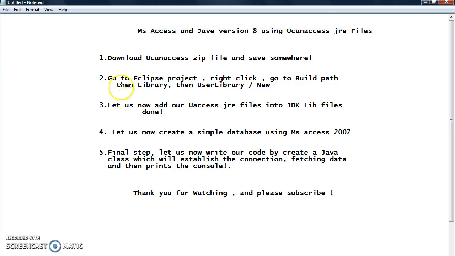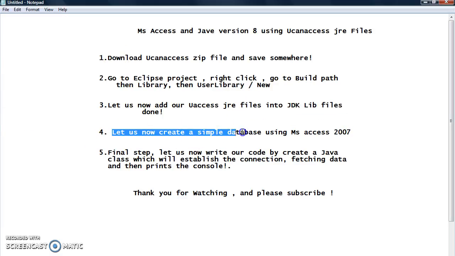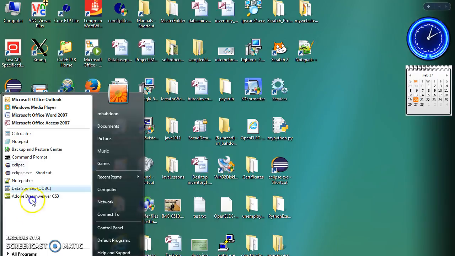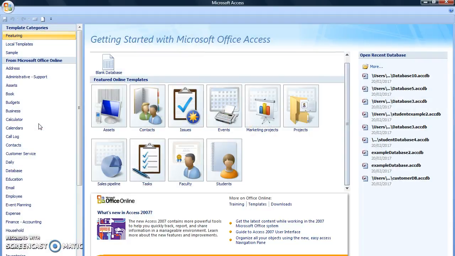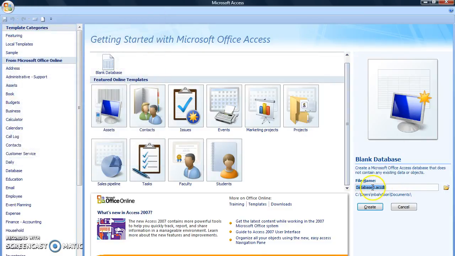Now, what is the next step? This one. So we are done here, and now we're going to create a simple database using MS Access 2007. So let us click here, MS Office 2007, and I'm going to click new, and then this is where we give a name to the database. So I'm going to put database 12,